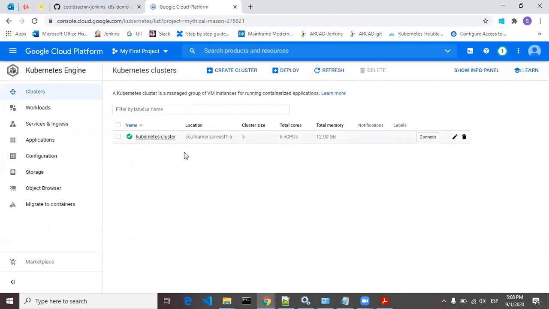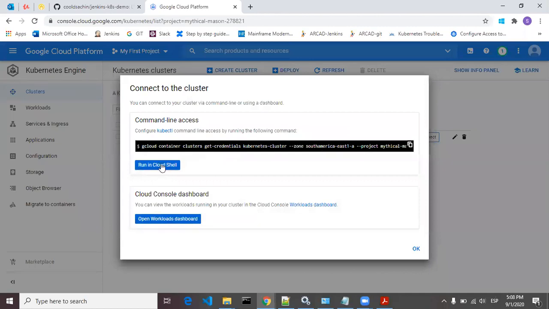This is my Kubernetes cluster with a default cluster size of 3 nodes. I have to connect to this cluster, so click on connect and then run in Cloud Shell.